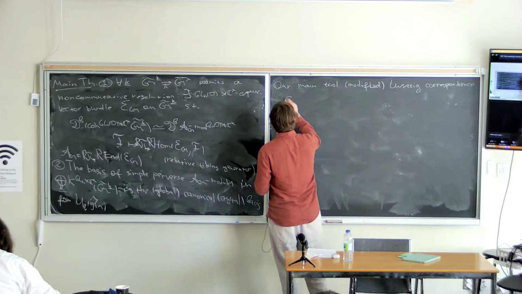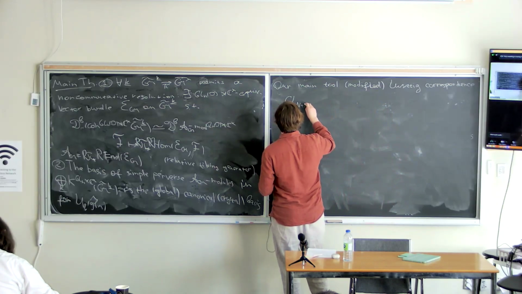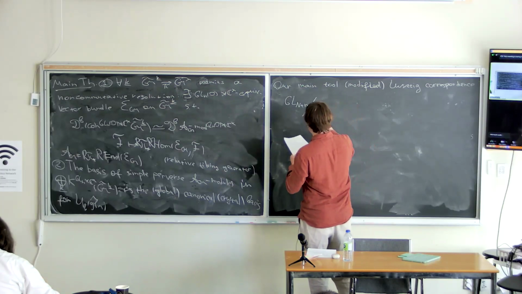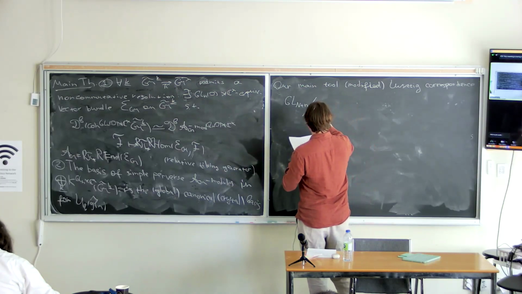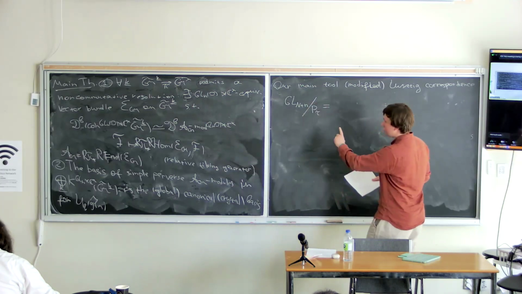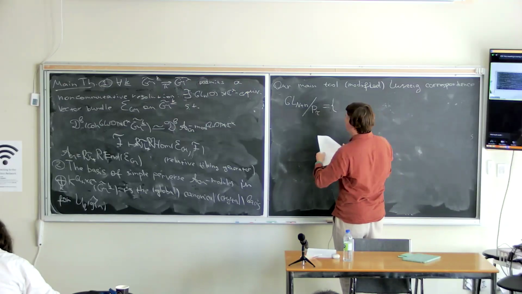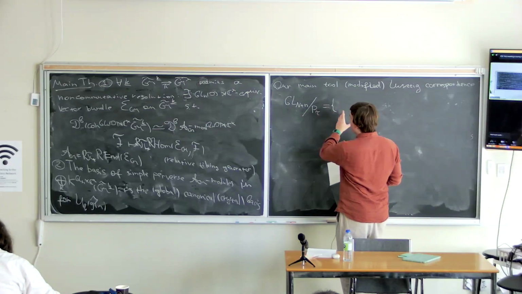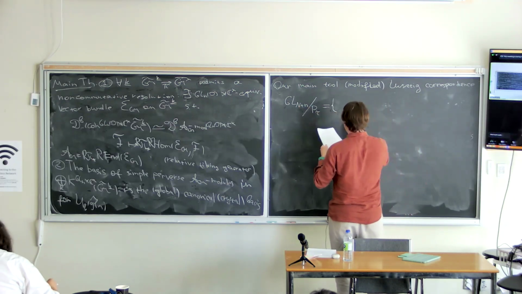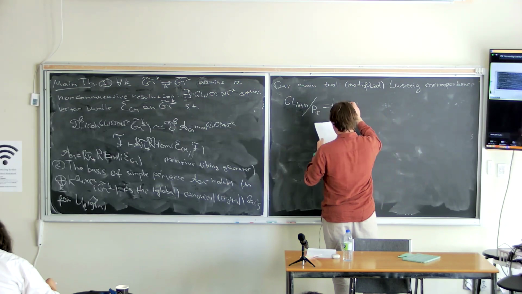So we consider a partial flag variety for a different group, GL_{N+n}, mod parabolic corresponding to tau. I will define what it is, but it is some parabolic, so this should be some partial flag variety for this group, and this is the following flag variety. So it's the space of flags.